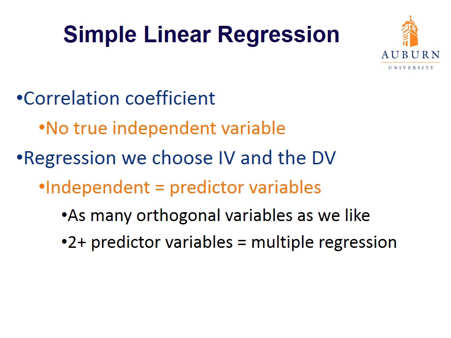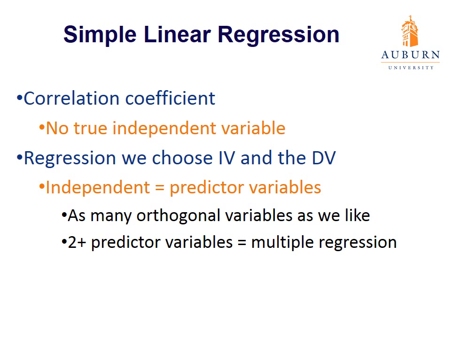And so we have to choose one of our variables from our correlation to be the independent variable. And so we call this variable the predictor variable. And so independent variable and predictor variable are synonymous with each other. They mean the same thing. It's the variable that we are manipulating in some way. So with regression, we choose one of our variables, and it doesn't really matter which one we choose because it's based on correlation where there's no causal relationship, but the one we choose we'll call the independent or the predictor